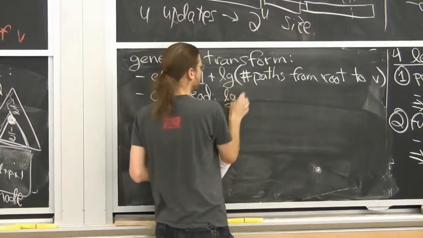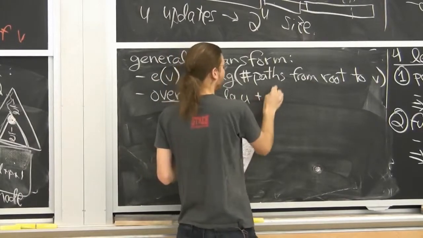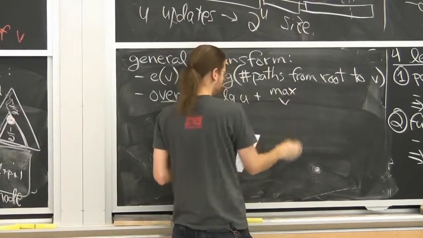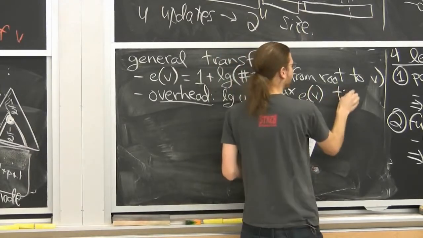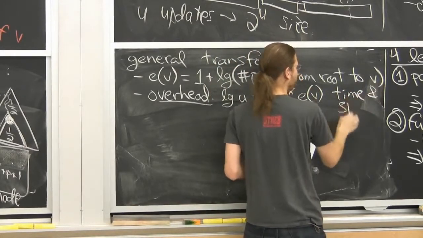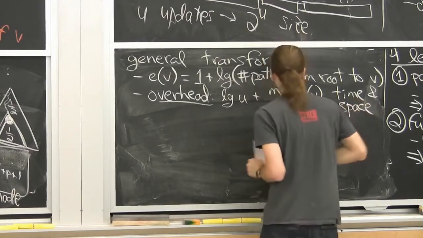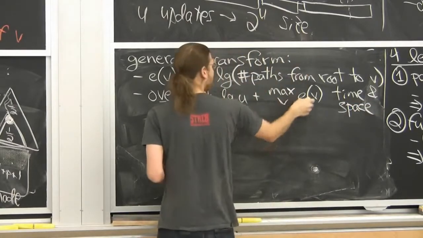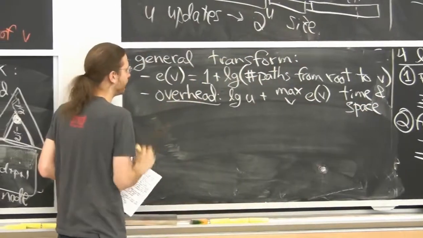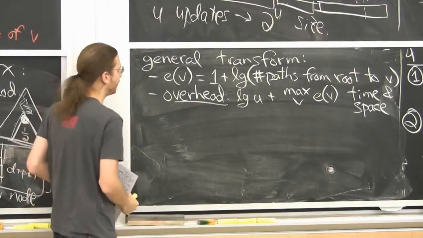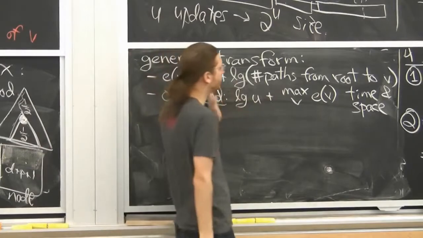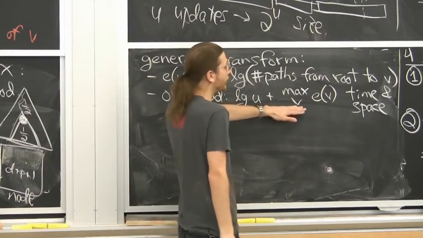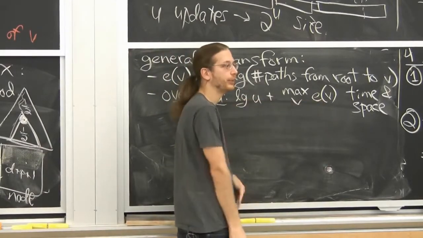is log the number of updates plus, this is a multiplicative overhead. So you take your running time, you multiply it by this. And this is a time and a space overhead. So maximum effective depth of all versions, maybe even some of effective depths, but let's just say max to be safe. So if you sum over all the operations, this is per operation. You pay basically the effective depth of that operation